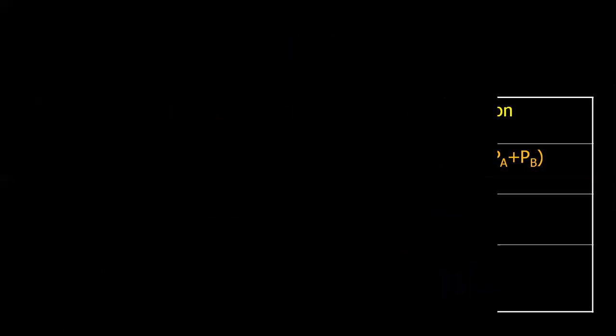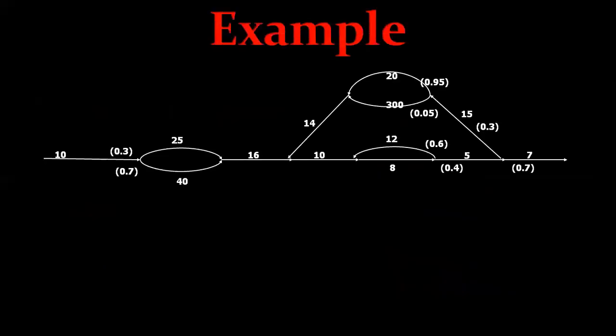So let us take again the same example. Here we are given the weights, and then we are given the probability values of going in this particular loop and in this loop. So here we are starting with the original flow graph that is annotated with the probabilities and processing time. So what is the processing time? These are the 10, 25, 40, these are the processing times, and these are the probabilistic values.